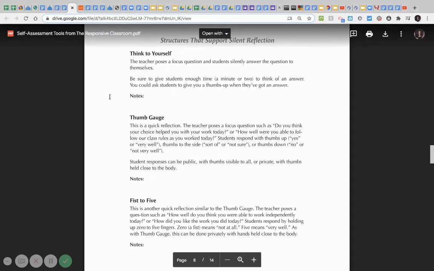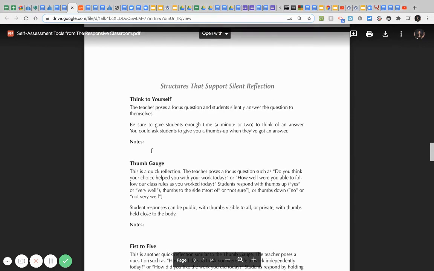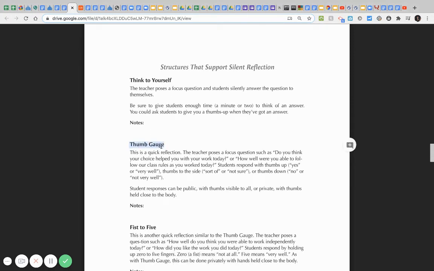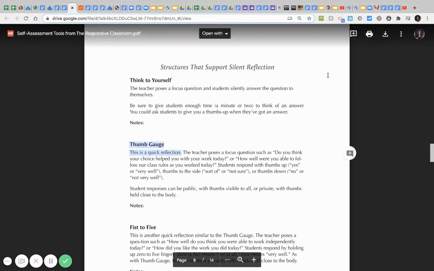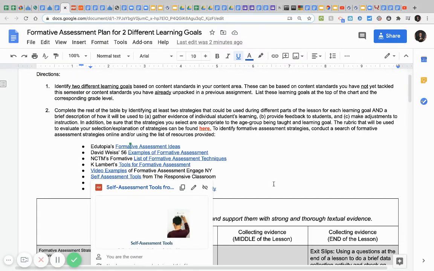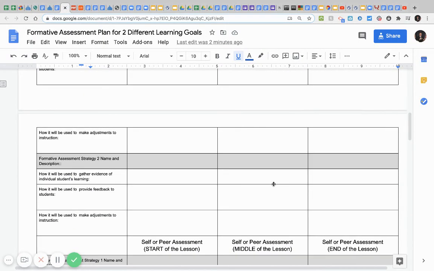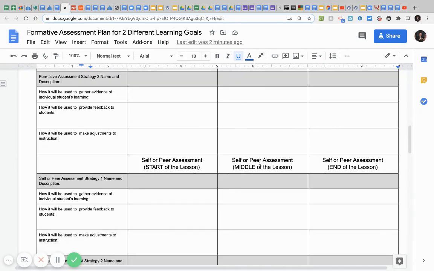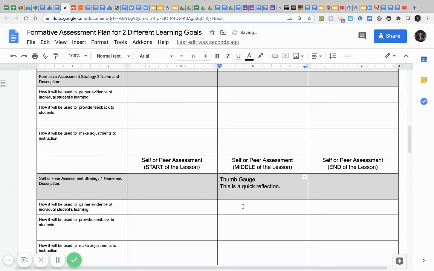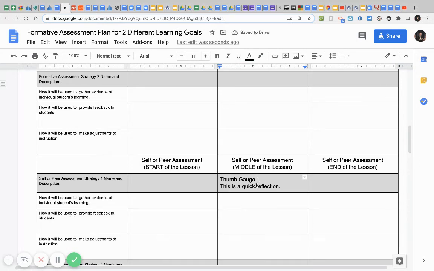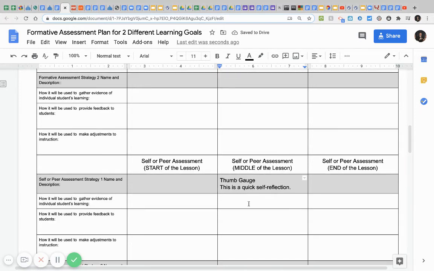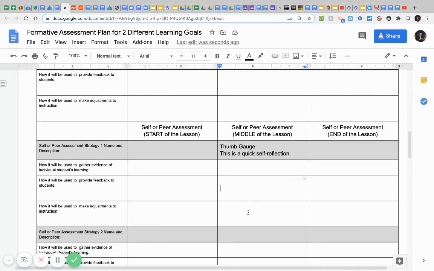And if I open that up, I look through and I find one that says, okay, this is for self-assessment. This is a thumb gauge strategy or a quick reflection. So I go back to my plan. Now I could use this one based on the description at the middle or the end. It's a self-assessment strategy. So I put it in right there, thumb gauge. This is a quick self-reflection. And then I'm going to describe how I'm going to use it to gather evidence, how it will be used to provide feedback to students, and how I will use that self-assessment strategy that students engage in to make